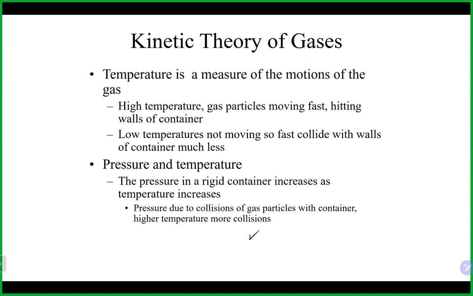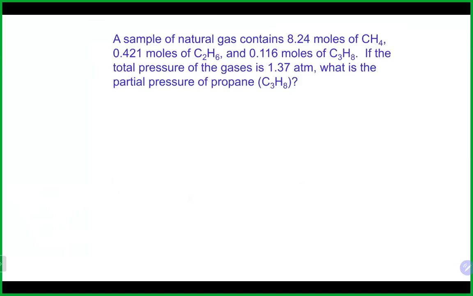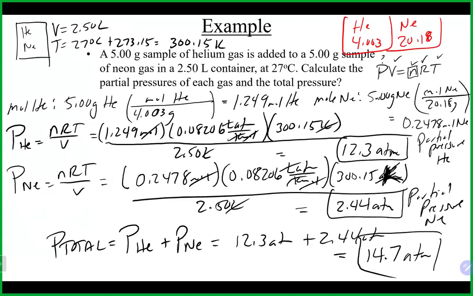One last thing that relates to that, which I forgot to mention, is in this example here. Where was that example? Right about here, hopefully. Nope. This guy right here. So when we look at these partial pressures, one of the things that makes something an ideal gas, as we said, is that they basically don't attract each other. And that's why we could do a calculation like this, right? It is because we could assume that they're in there by themselves. There's no interaction between the different gas molecules.